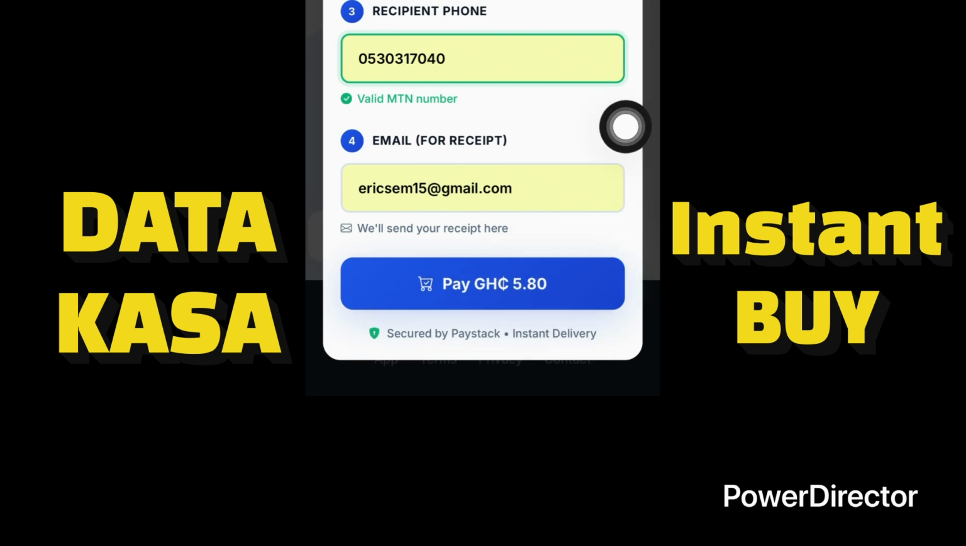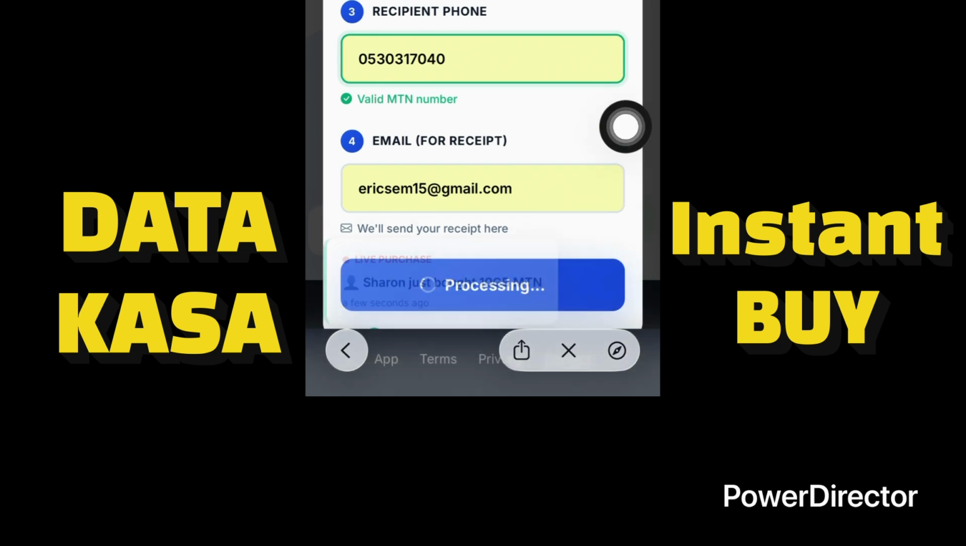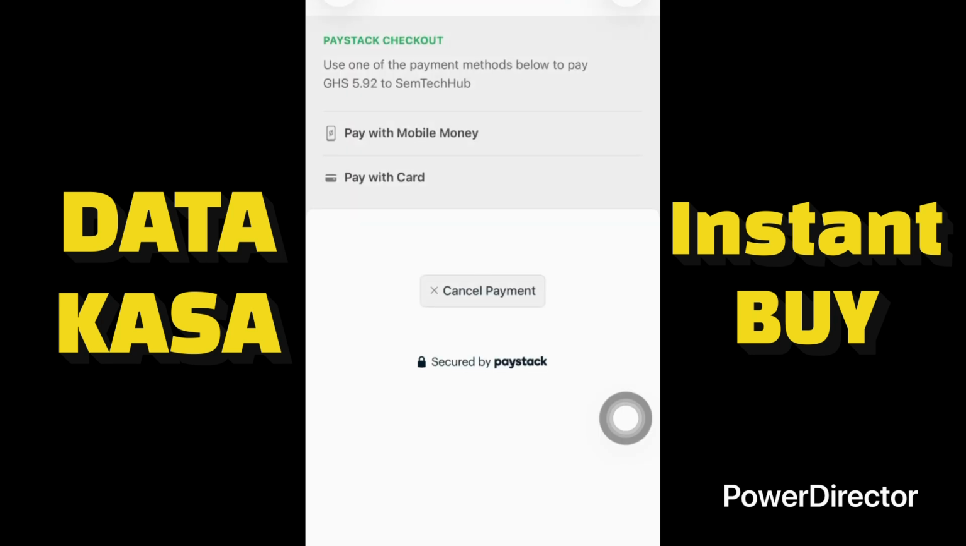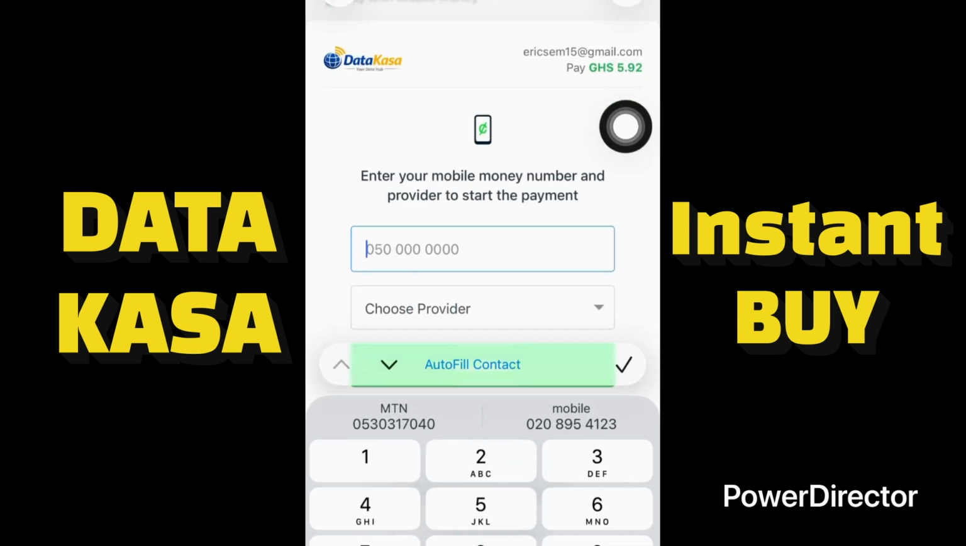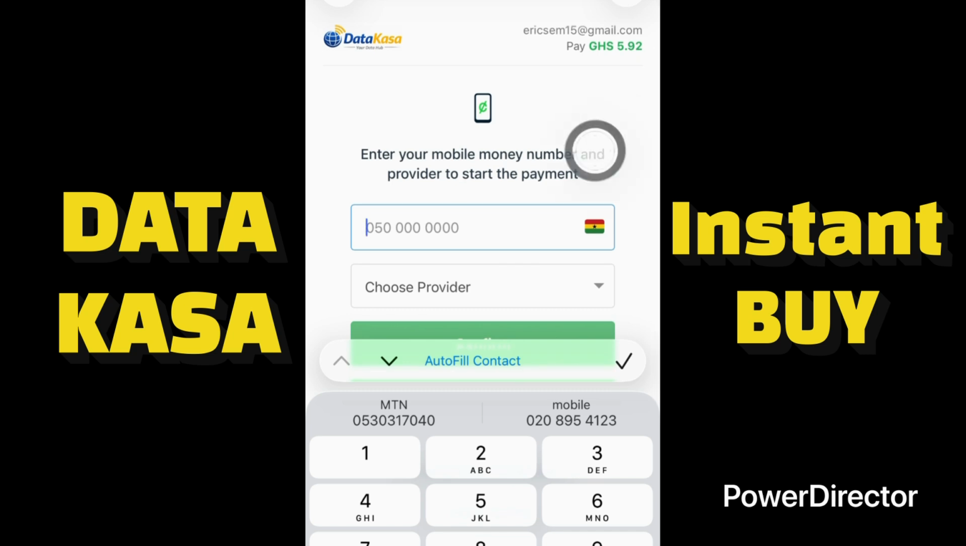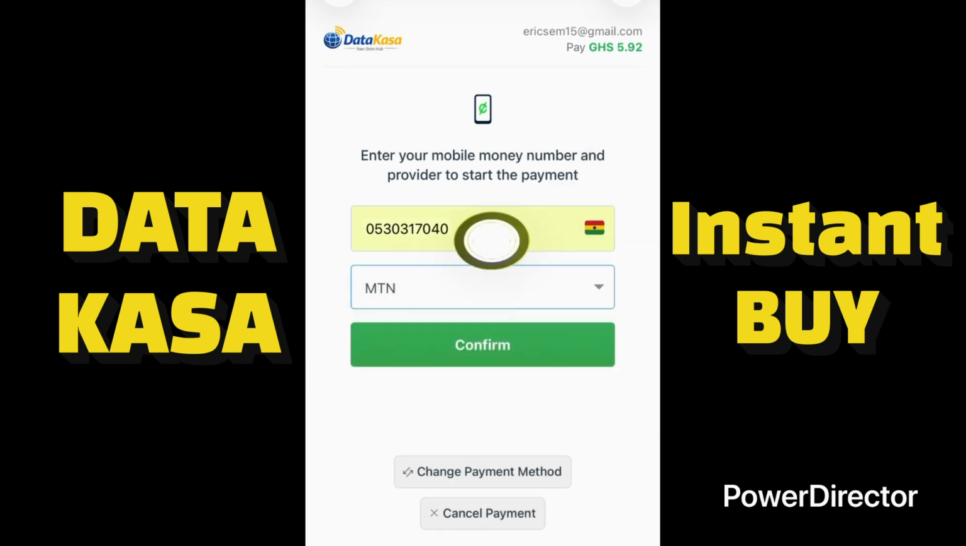I'll click on it and wait for me to make the payment. This will redirect me to Paystack. You can either pay with your mobile money or with your card. Since I'm using mobile money, I'll tap on pay with mobile money. Then I enter the number I want to use to pay, and automatically the provider will appear. You can see the provider is here. Now I will click confirm,